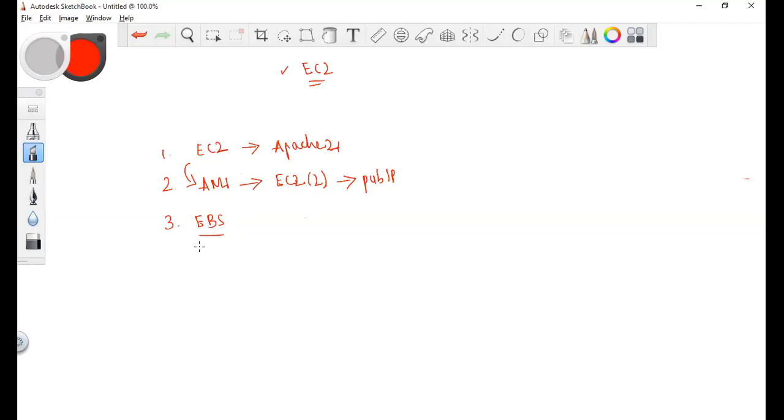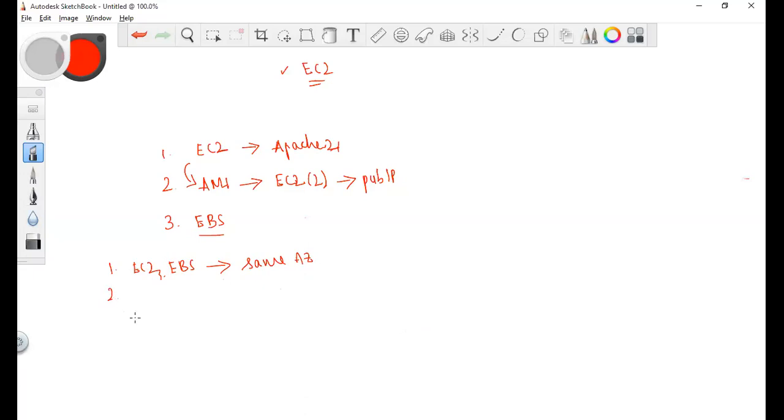What are the points which we have discussed? The EC2 and the EBS should be in the same availability zone, isn't it? If your EC2 instance and the EBS volume are in the same availability zone, then you can attach the EBS to this EC2 instance.